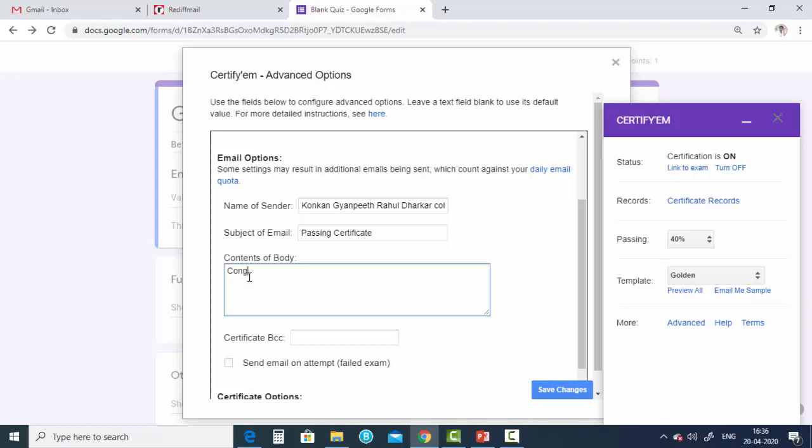Those who get the certificate get this email copy: congratulations, you successfully completed the exam, that general knowledge test 2020. And then you can write thanks and regards. Whatever you like, you can write likewise.